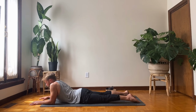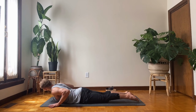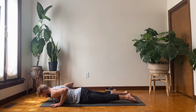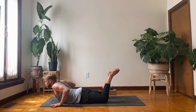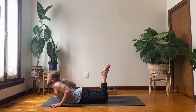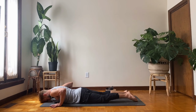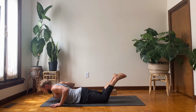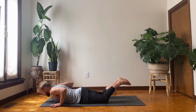Next exhale, lower the heart. Bring your hands where your elbows were. You could also go wider than that. Inhale, lift the feet off the ground, bending the knees. Lift the shoulders away from the floor. Exhale, slowly come down. Again, inhale, bend the knees. Try to lift them up. Pull back with your hands a little. Exhale to lower. And continue exploring this movement